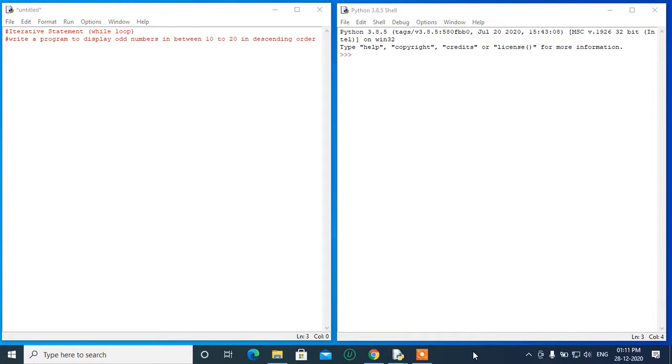You have to display odd numbers in between 10 to 20 in descending order. That means what is the initial value? The initial value is 11 and the final value is 19, and it is incremented by 2.